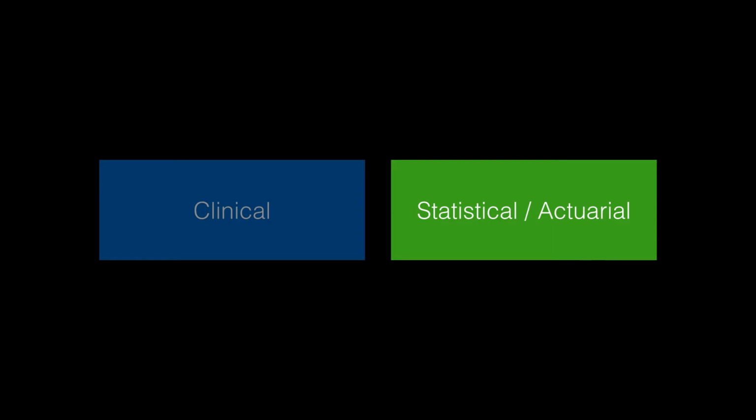The second approach is what we might call a statistical or actuarial approach. This essentially uses an equation derived from quantitative information to make decisions. It is essentially a factual account of a prisoner's conduct. So, which is the best way to make a risk assessment? Well, one way of thinking about it is that the most fair and ethically defensible approach is the one that has superior predictive ability. That is, the one that can most accurately predict what will happen. So then, which method has the best predictive ability?